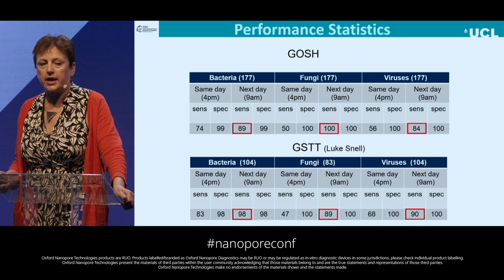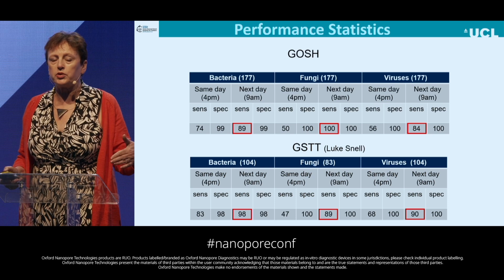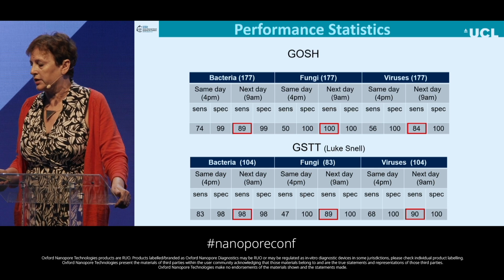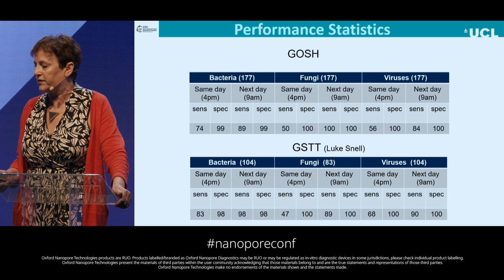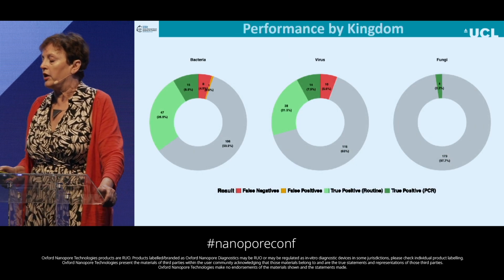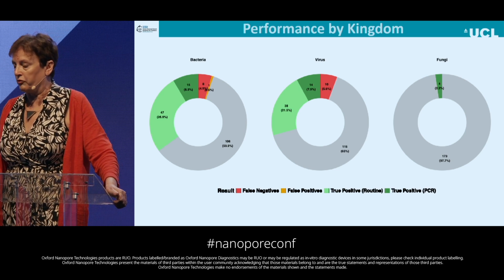And by the next day, we also had pretty good sensitivity. And don't forget, we were reporting against a much more stringent background gold standard than Guy's and St Thomas's. So pretty good sensitivity and specificity. The performance is shown here, and you can see in light green are those pathogens that were picked up by metagenomics that were also picked up by routine